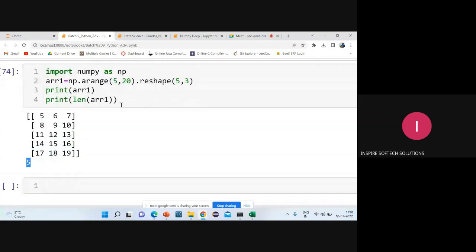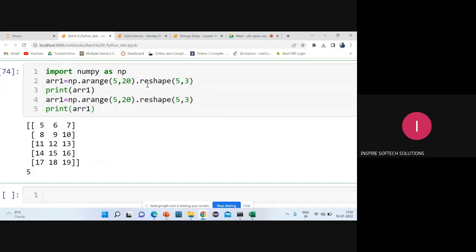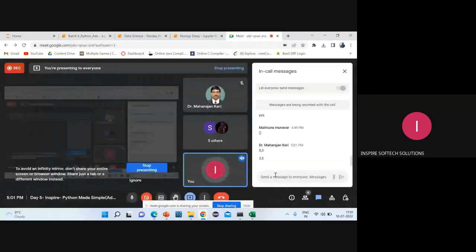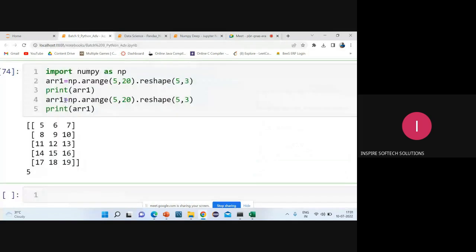Now suppose you're taking one more array like this, so leave about this length. Next I'll go with one more square bracket, like I'll store it in array 2. How to perform operations with a matrix? Like A matrix is there and B matrix is there. You have to add the two matrices, A plus B.